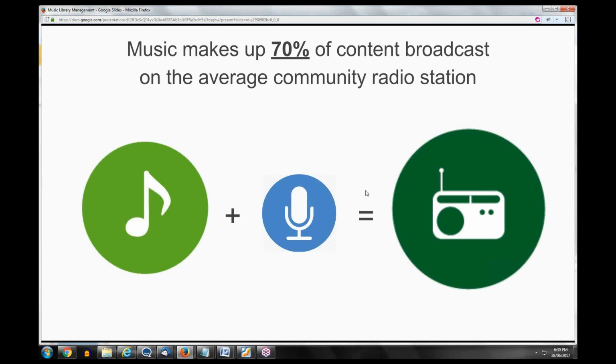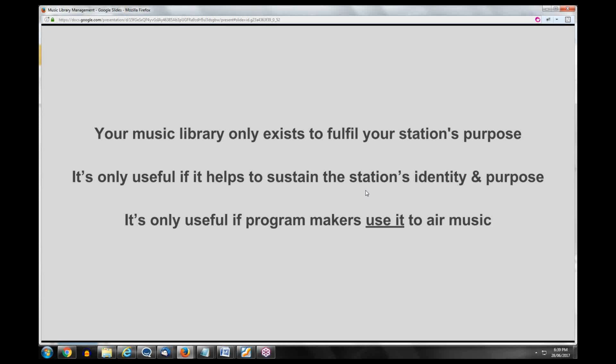So there will be some tips along the way. There will be some mention of some products, but we're not going to go straight into those. We're not commercially focused on this one. It's really about taking the first step that many stations have perhaps not fully realized at this point, to be able to make decisions around what sort of music library they should have and what sort of approach they should and could take towards music to make their lives easier and the program makers more fulfilled and the listeners more entertained and informed. So with that in mind, I'll pass over to Chelsea now, and we'll get stuck into some